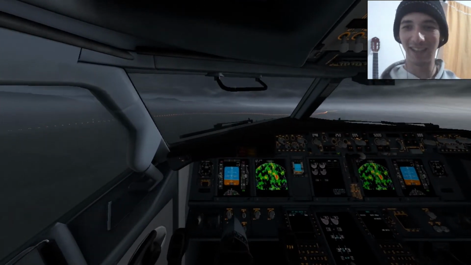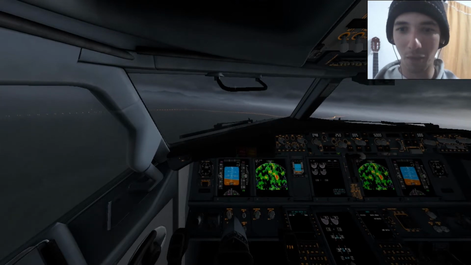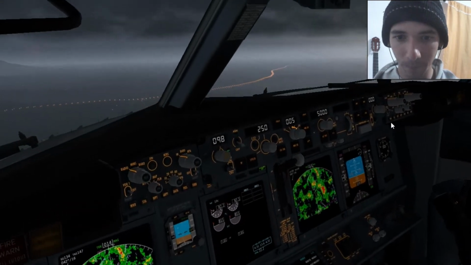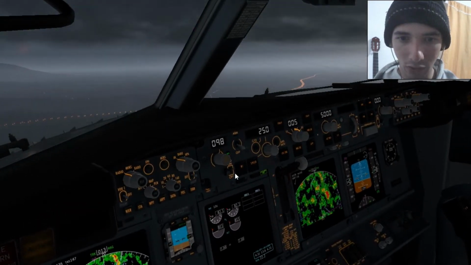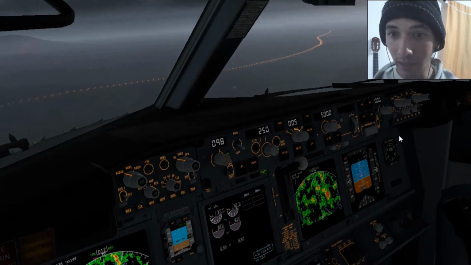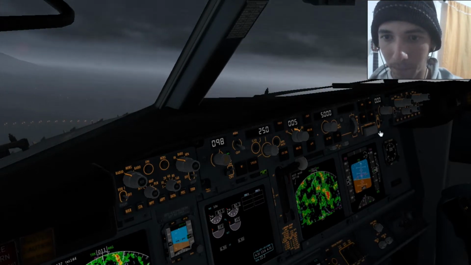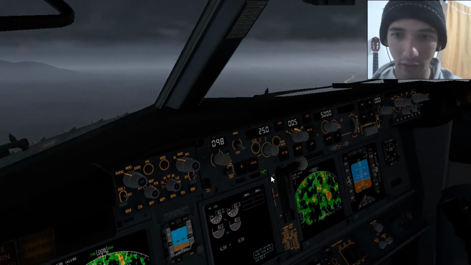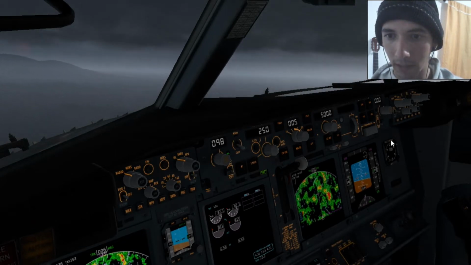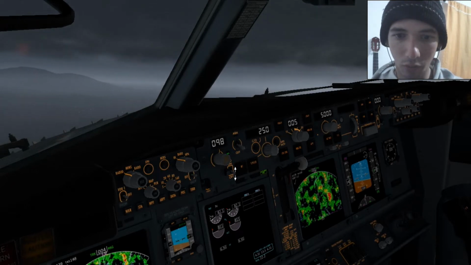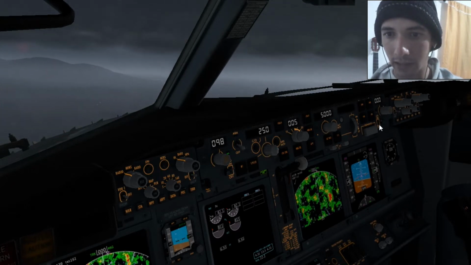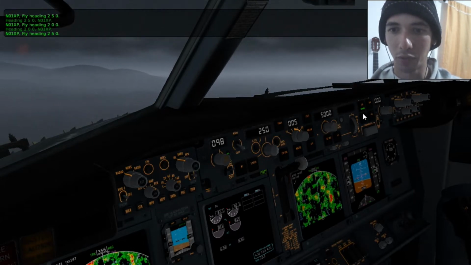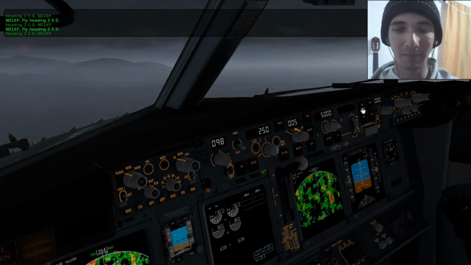Really nice. Now let's turn on the autopilot. To do that, you need to turn on the flight director right here, flight director on both sides, and then you turn on the autopilot. Didn't work. Turn off the flight director. Now turn on the flight director once more, and then turn on the autopilot. Now it's green, it means the autopilot is on, but